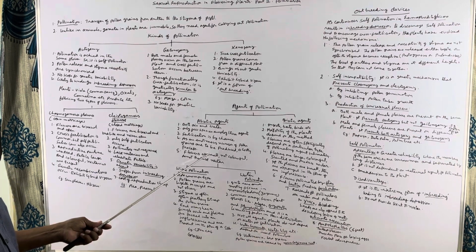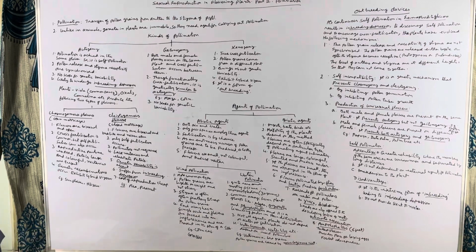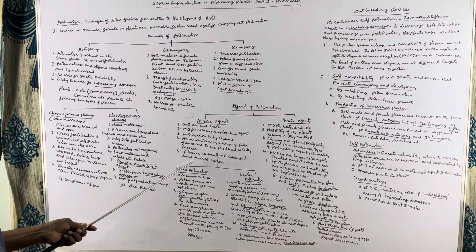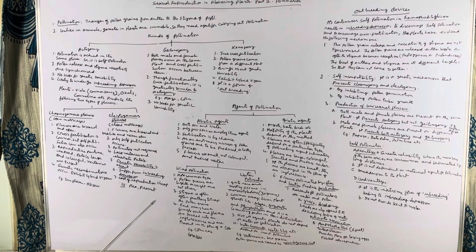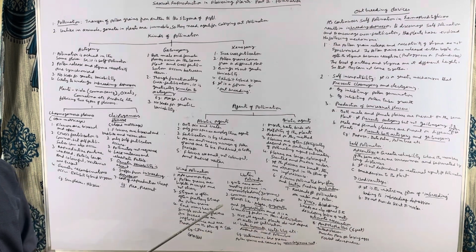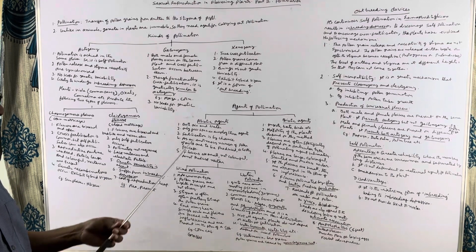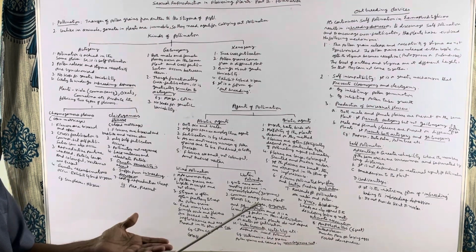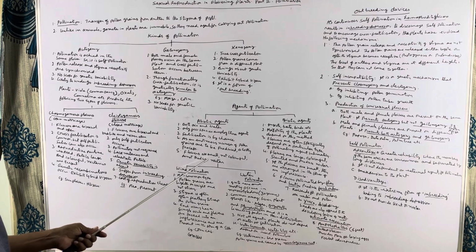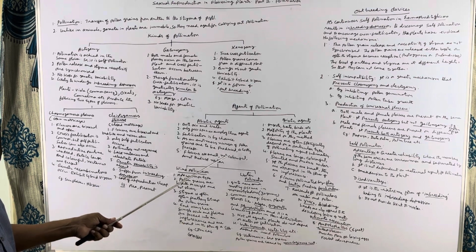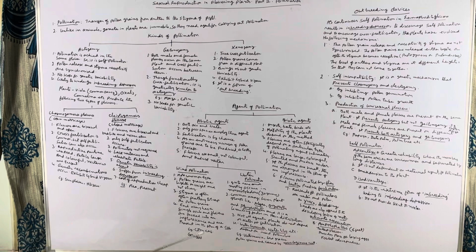Because they produce a large number of pollen grains, it is a costly process and there is a lot of wastage of pollen grains. The flowers are small, they are not colorful, and they also do not produce nectar because no animal agent is involved. Only for animal agents, the rewards are to be offered. But for abiotic agents, there is no need to offer any rewards. That's why nectar is not produced, the petals are not colorful, they are not scented, etc.